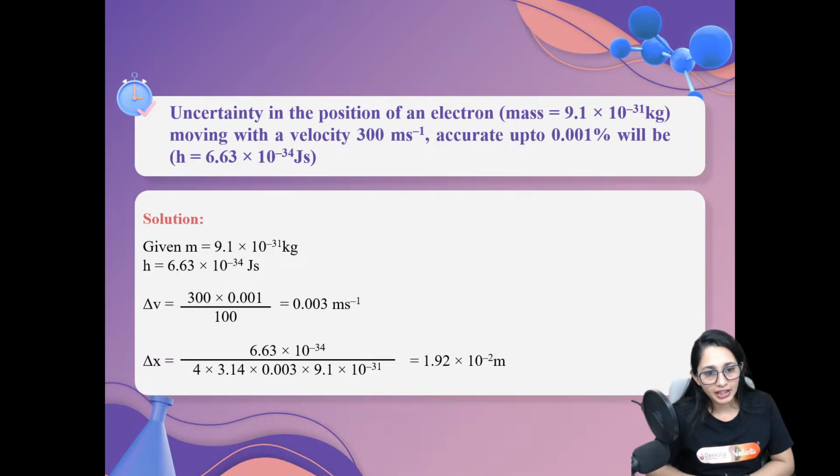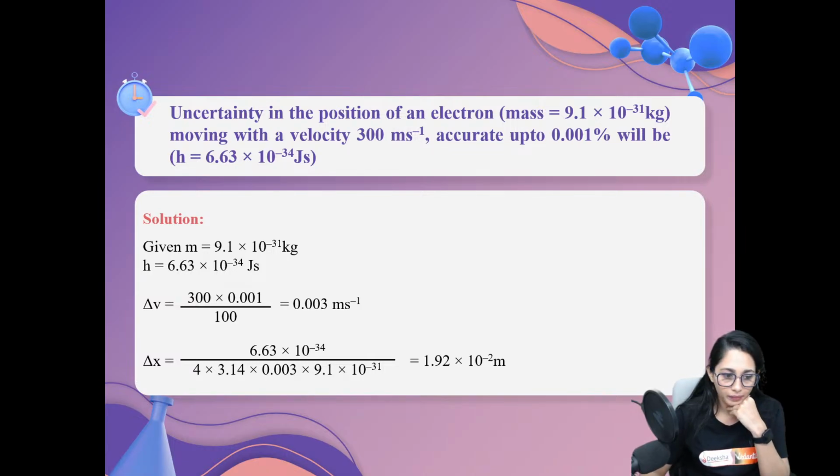Next, h, we already know that. Velocity is given, in meters per second. Accuracy is also given, so 300 into 0.001 divided by 100, because the percentage is given. So, delta V will be